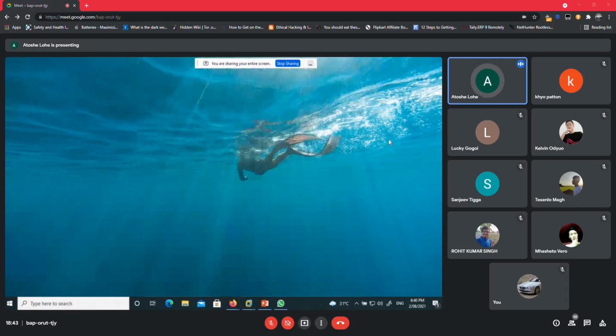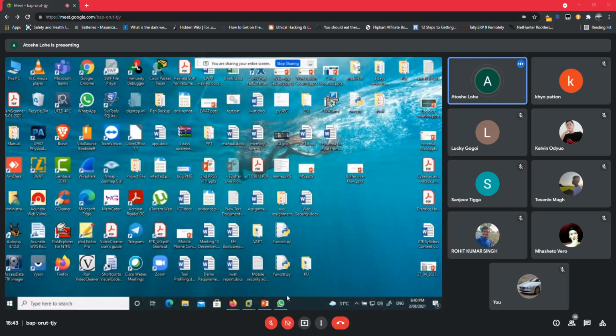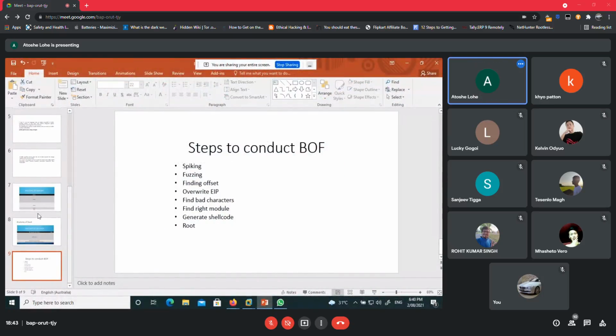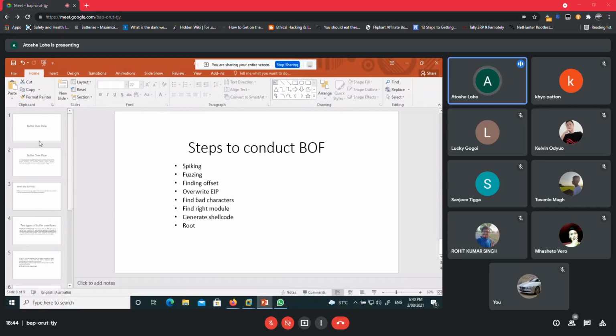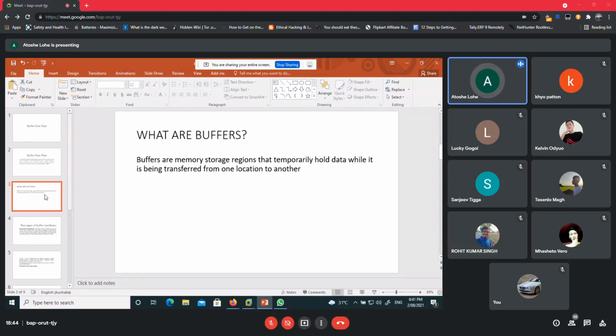It's a portable program, so you just need to double click the executable file in order to run that program. So set up your VM and get ready, and tomorrow we will see how to perform spiking, how to perform fuzzing,